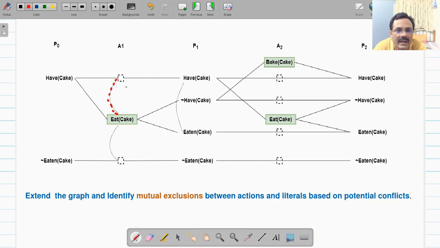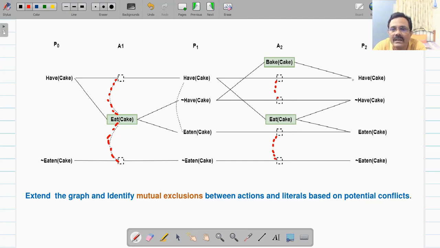Only one action can be executed at a time. Similarly, identify other actions. Here also, eat cake has effect eaten cake, and this persistent action not eaten cake has effect not eaten cake. So this is also an inconsistent effect. So add a mutex link. Here also, all these persistent actions have cake and not have cake will have a mutex link. Similarly, eaten cake and not eaten cake, inconsistent effect, so they will have a mutex link.